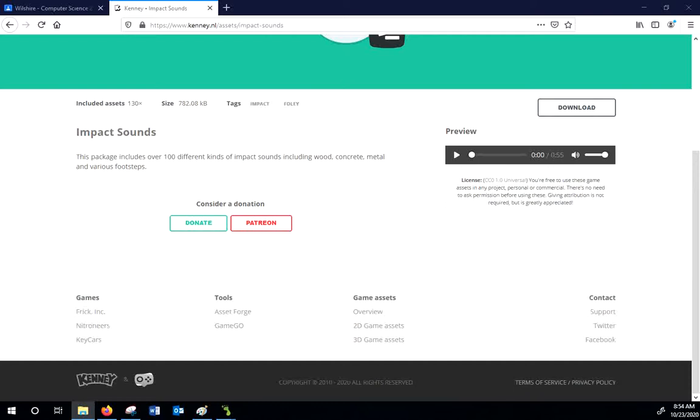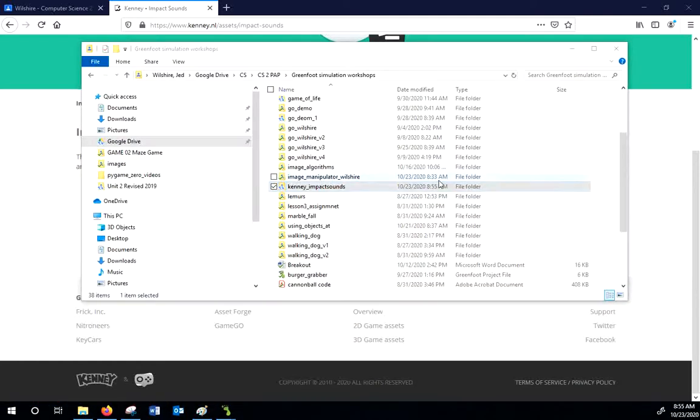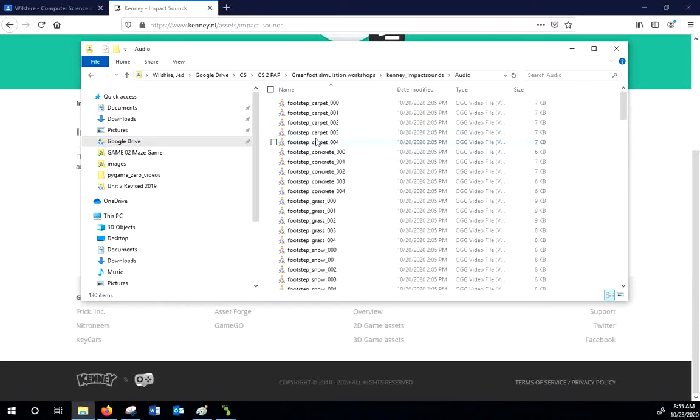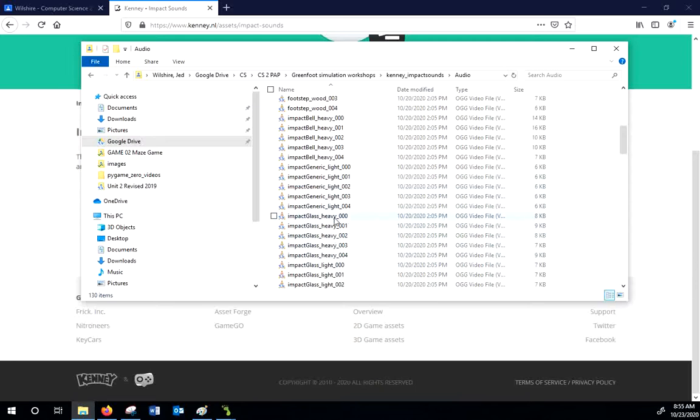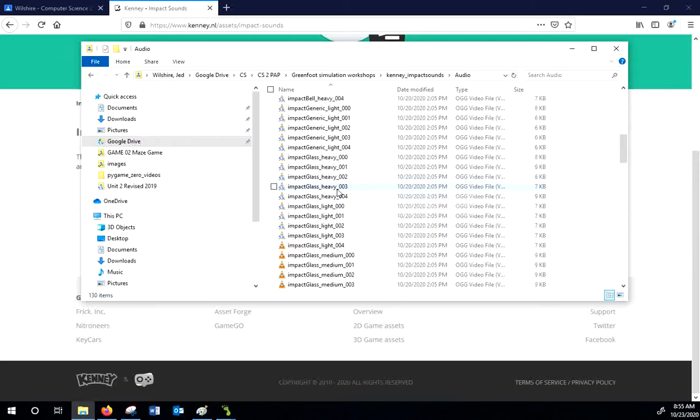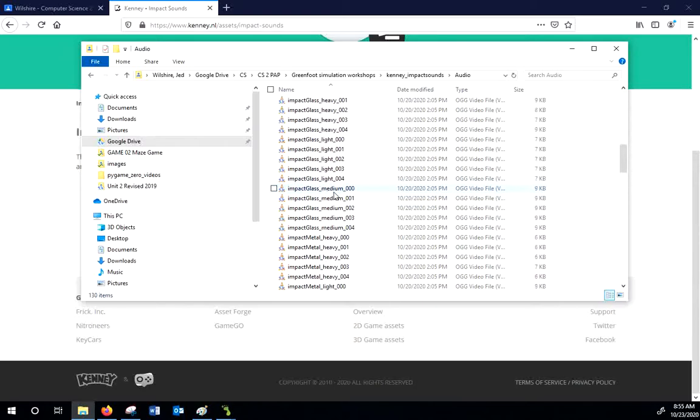And I have already downloaded them, and I made a folder called Sound Packs, okay? It comes in as a zip, and I simply extracted them there. All right, so I've got the Kenney Impact Sounds up in my folder here, and they're all right here. Now they're OGG files, so they may need to be converted to a wave or something like that, but that's a good one that you can use to make